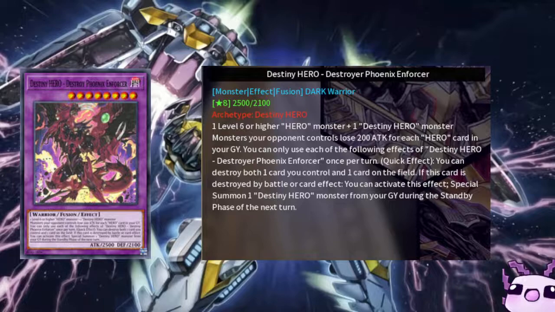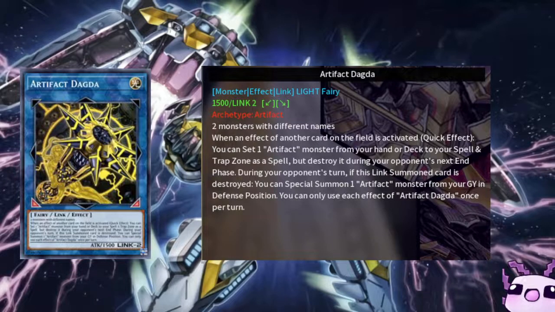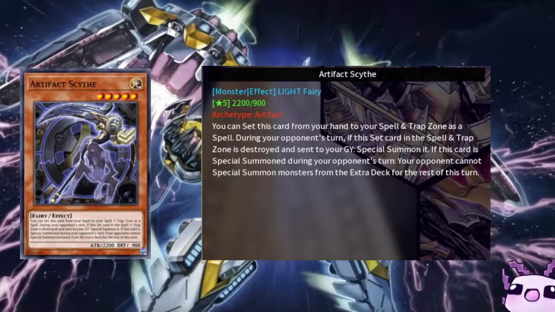So if you could pop Scythe without using DPE, summon the Scythe, and it gets hit by an Imperm or a Droplet, you have to chain something to the Droplet, of course, first. If they send a monster, then you could use DPE destroying Scythe and Dagda. But if they have something like an Imperm, you could just destroy Phoenix Enforcer, pop the Scythe, pop the Dagda. Dagda revives the Scythe in a separate chain. So you're locked out of Scythe, which is